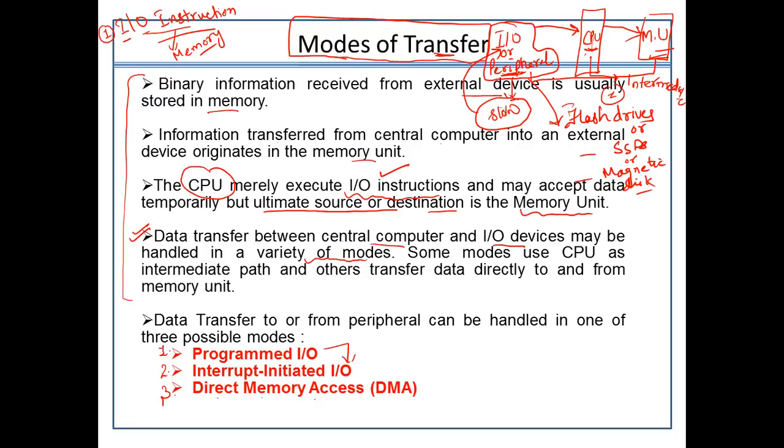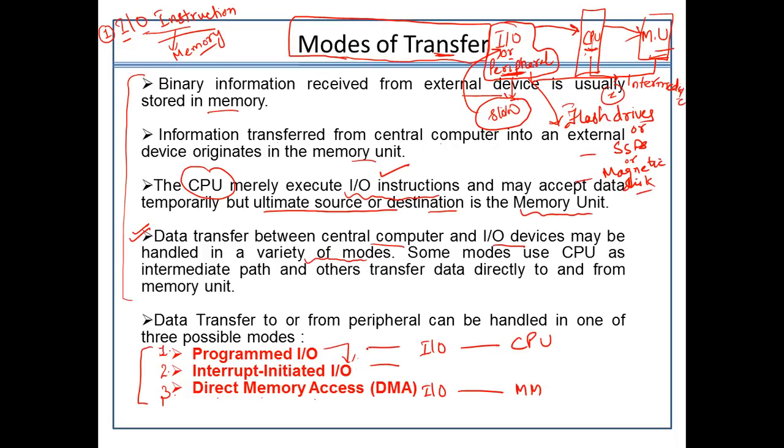As I said earlier, directly we can provide the access to the memory. So this is the third one. In this entire session, we are going to learn about these three modes in more detail. For your information, these two modes are basically referring that the IO devices will communicate with the processor. But here the IO device will have a direct access to the memory unit or the main memory. So this is the basic point.